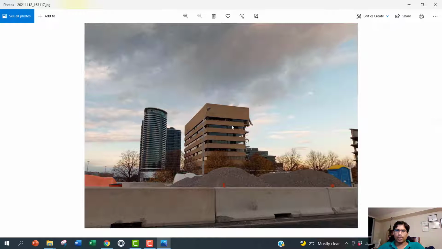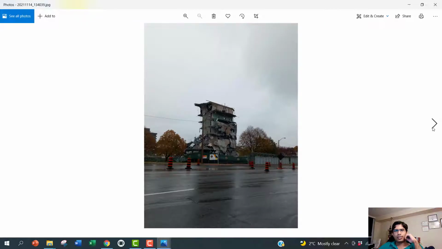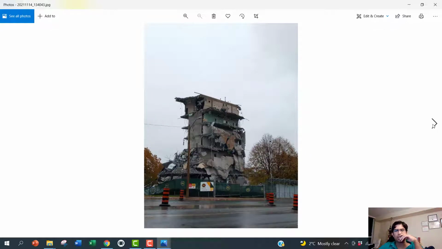This is from the other angle. As you see, this side is perfectly normal, and on this side they started the demolishing from one side. And this building is very close to being demolished. As you see, it's pretty much collapsing; the demolishing is very much on the way. And this is from another angle. Oh, this is the third building. There are a total of three buildings being demolished.